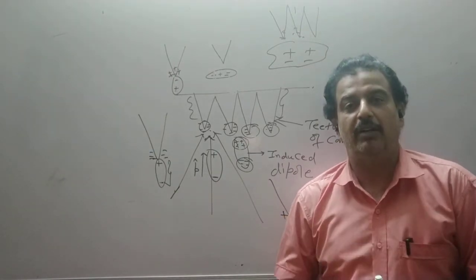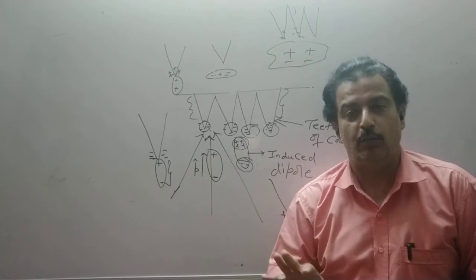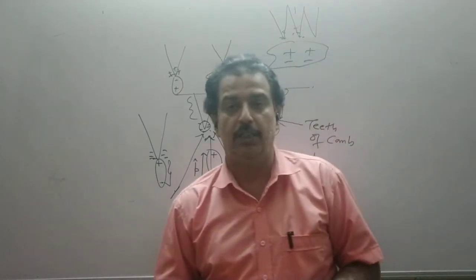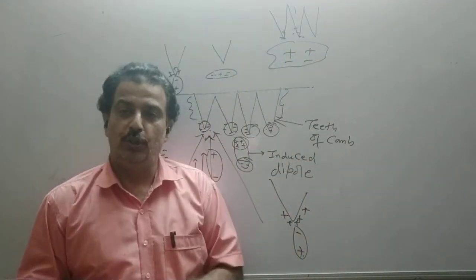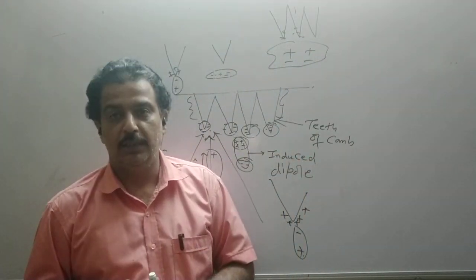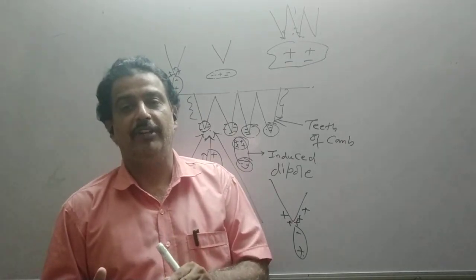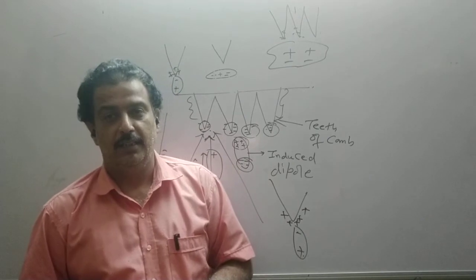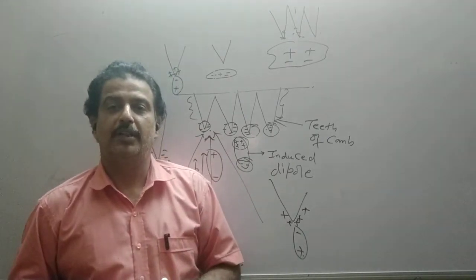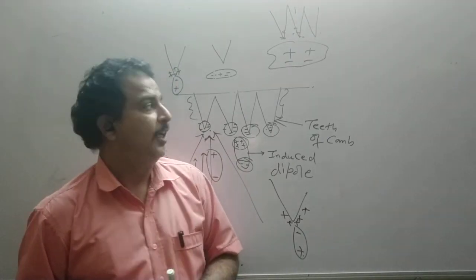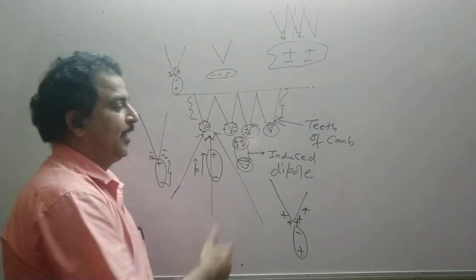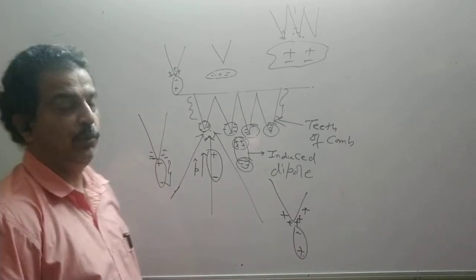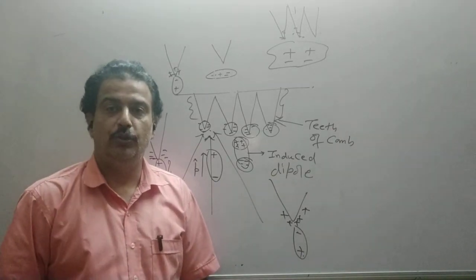In a uniform electric field it performs only rotational motion till it gets aligned in the direction of the field. It does not perform translational motion in a uniform field. In a non-uniform field, it will perform both. It will always move towards the side which has more strength, and it will perform translational motion till the field exists, and it will rotate till it gets aligned in the direction of the field. So this is the behavior of a dipole in uniform and non-uniform fields.